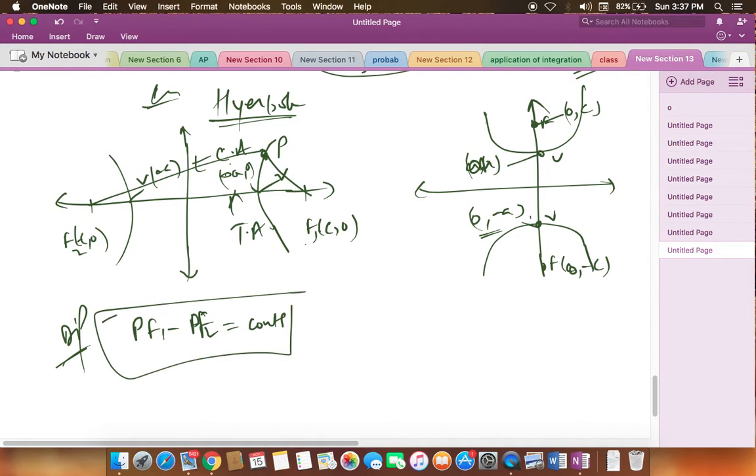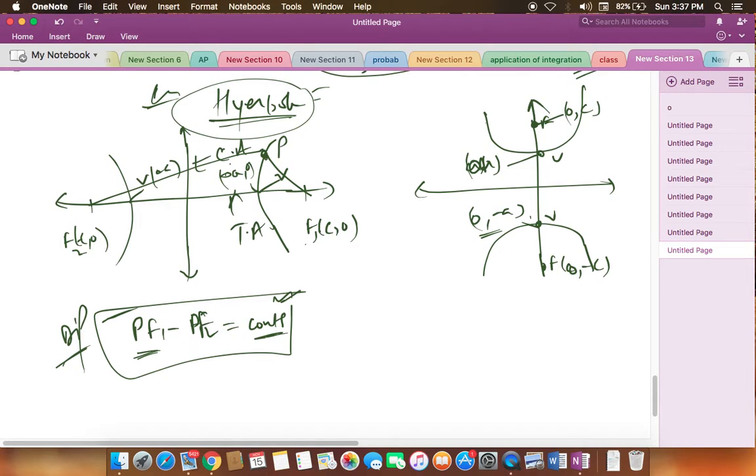When this is always a constant, then the figure obtained is called a hyperbola. Whenever the difference between the moving point's distances from the first focus and the second focus is the same constant, then it's called a